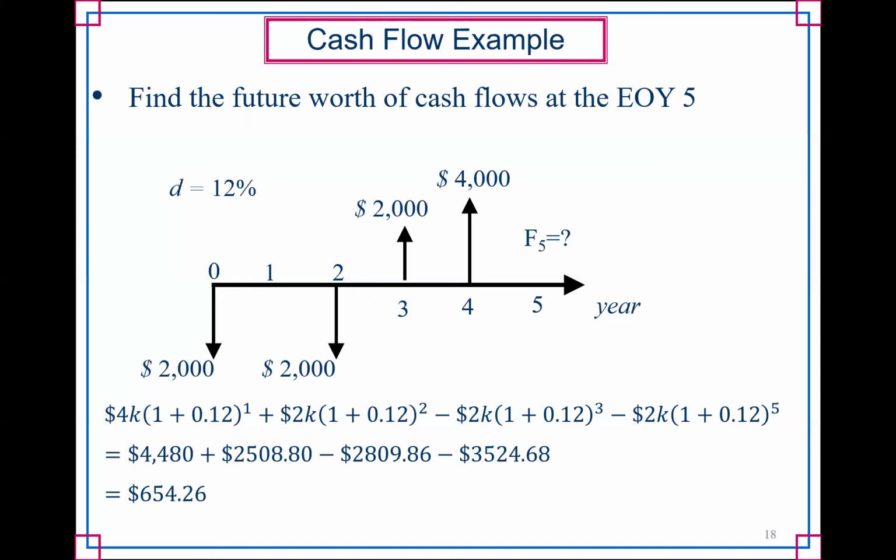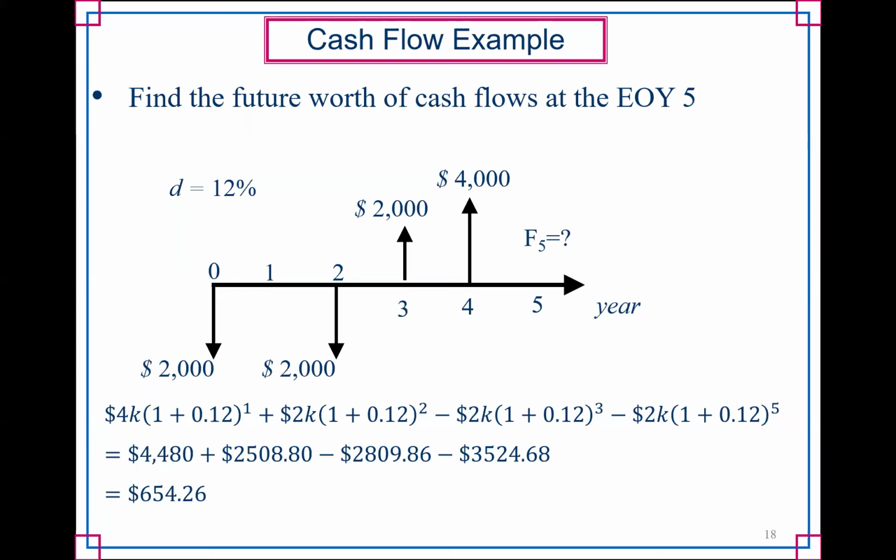So at year 0, I have my $2,000. So that's going to be a full time period. So that's the 1 at the end. So it's 2K times (1 + 0.12)^5. And then at year 2, now I've got 3 more years to go. So that is 2K times (1 + 0.12)^3. And then my positives here, my cash inflows, are the 4,000 I get at year 4 and the 2,000 I get at year 3. So when I do all those calculations, what I see is a positive